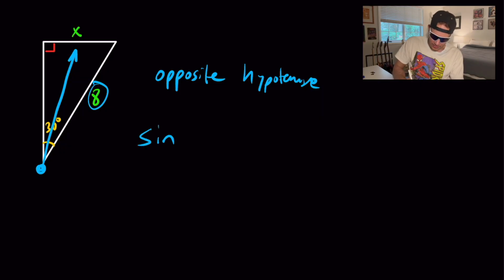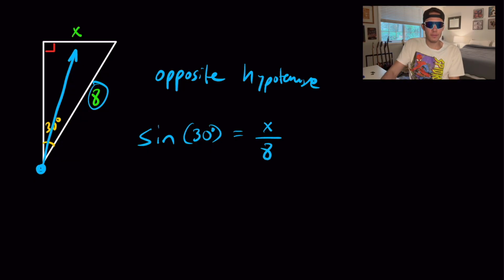So we could say sine of 30 degrees, right? The angle always goes in the parentheses. Sine of 30 degrees is equal to opposite, right? What side is opposite of 30 degrees? Well, it's x. And then we're going to divide by the hypotenuse, 8. So now this just becomes an algebra problem, and we can isolate x and then solve for it. So, right, x is being divided by 8. So I'm going to undo that division by multiplying both sides by 8. So these 8s will cancel out. I'm going to have x is equal to